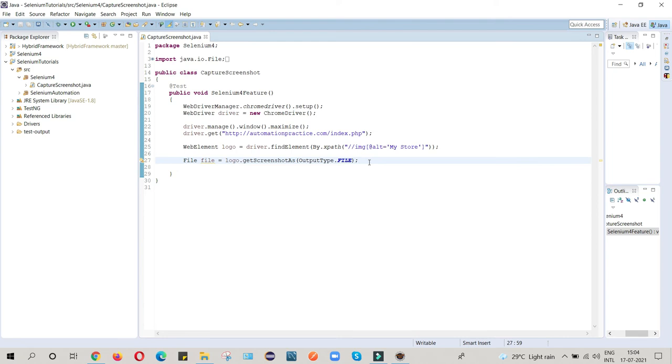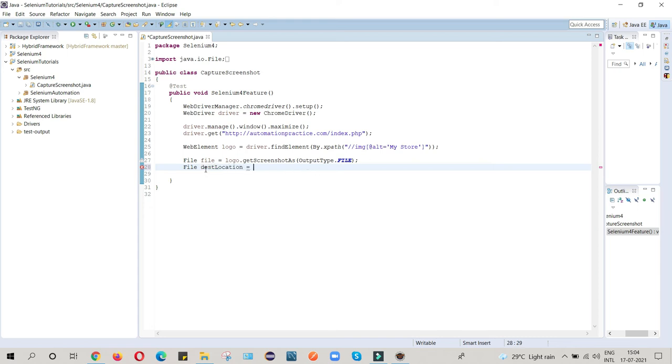The next step is that whatever screenshot we capture, we will provide the destination location. So here we will write File, and you can give any name, like destLocation.